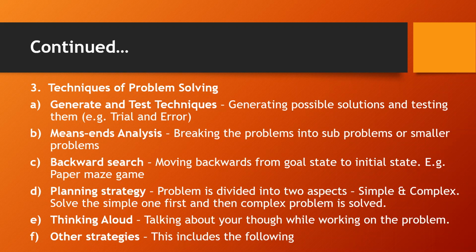The name means end heuristic requires you to identify the ends, that is, the final result. So there is an end, there is a solution, you have to identify that first, that you want to reach, and then figure out the means. Means means methods to reach that goal. So first you're identifying the end, and next you are trying to figure out the means or the method to reach that end goal. The problem solver needs to focus on the difference between the initial state and the goal state.